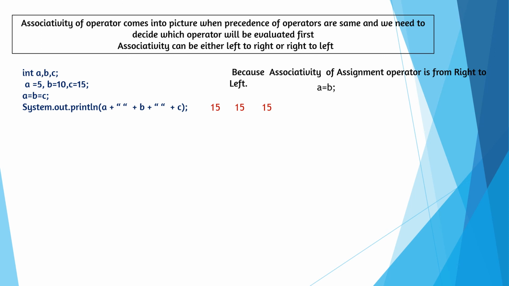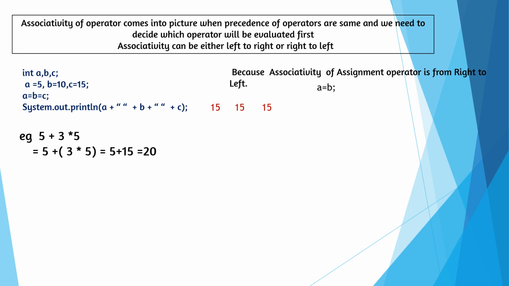From the right hand side, it will execute towards the left side. Now the next example, 5 plus 3 into 5. Here plus sign and multiplication sign is coming. In the table you can see the priority is more for multiplication sign when compared to plus sign. So first the multiplication will be performed.